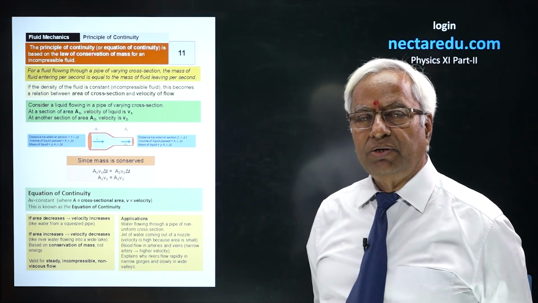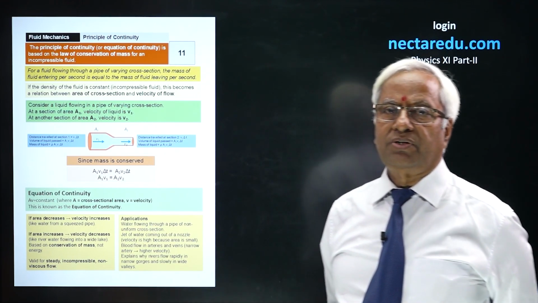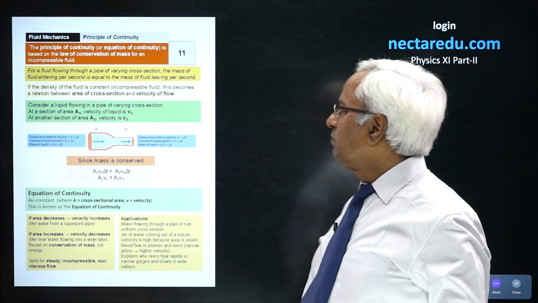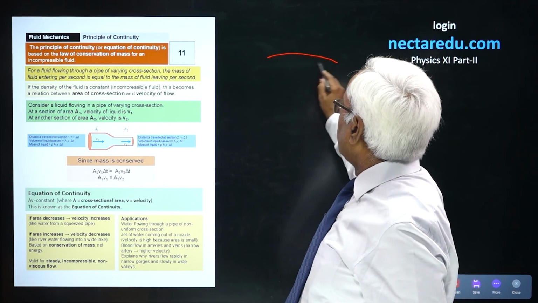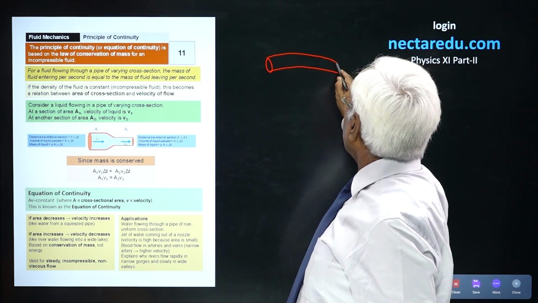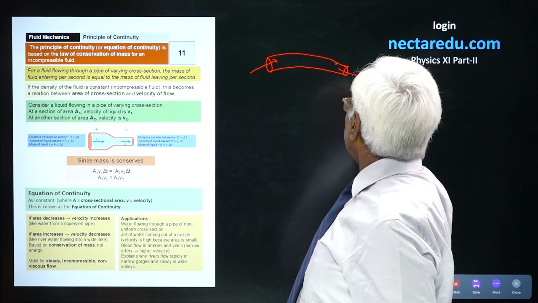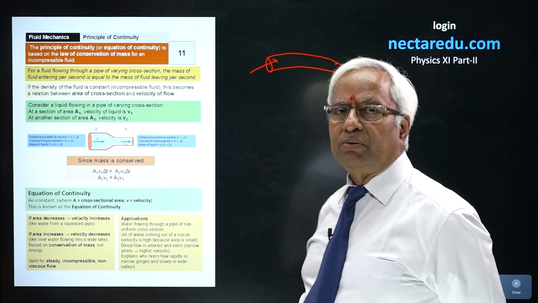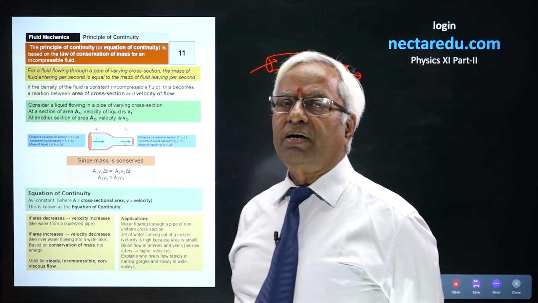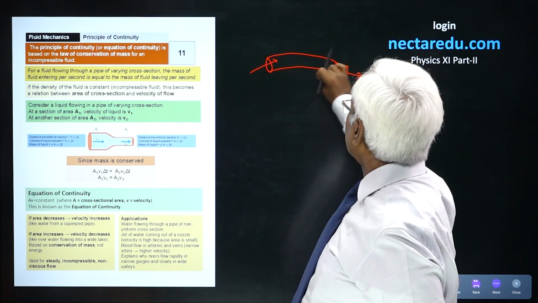Equation of continuity. It's also known as the law of continuity. You see, it's based on conservation of mass. For the fluid entering a pipe and coming out from that pipe, both should always be equal. Because of conservation of mass, we have the idea that whatever mass enters over here will have to